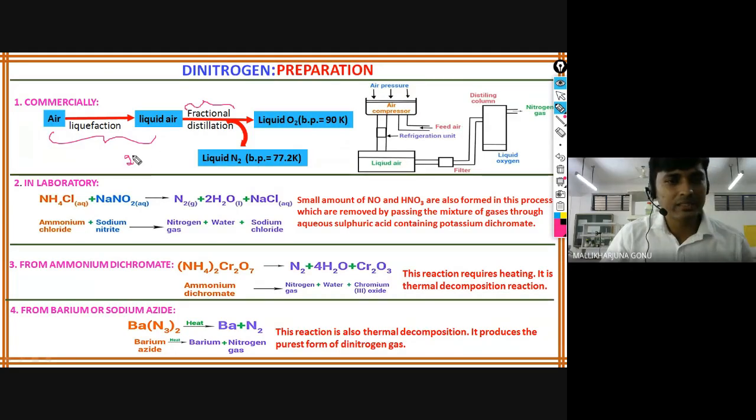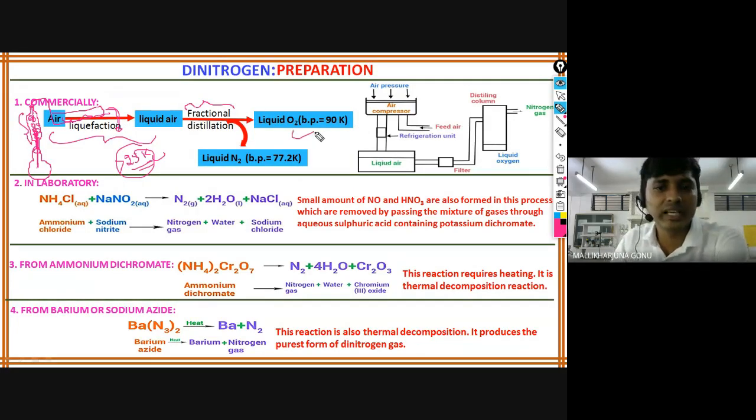See, what is fractional distillation? If the boiling point difference is below 25 Kelvin, then those compounds can be separated by fractional distillation. If it is a flask, from normal distillation, we have to put one column here. One glass column will be put here with glass beads. You have studied this in 11th in organic chemistry. So what happens? There will be a race. The higher boiling point one will be condensed first and fall back, and the lower boiling point one will come first, and from the condenser it will be cooled and collected. That's what fractional distillation means.